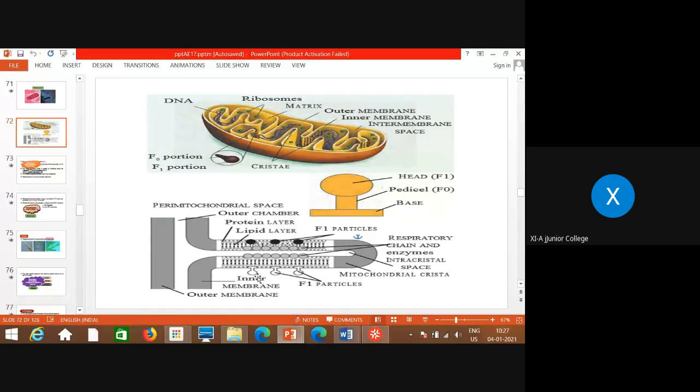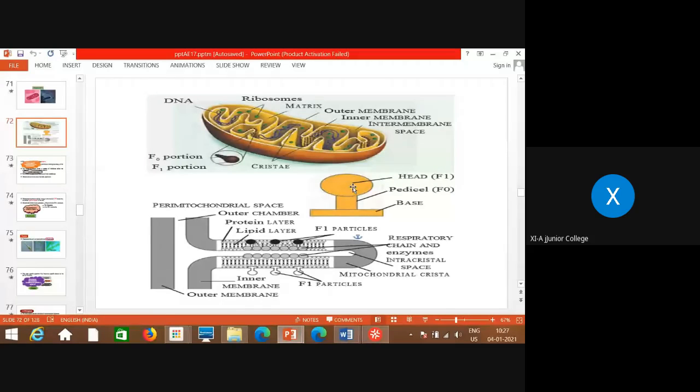These are oxysomes. This is the inner membrane, this is the outer membrane. These are the oxysomes. They are also called electron carriers. They are also called F1 particles. And if you see this single structure of an oxysome, which shows the oval head, that is called the F1 particle